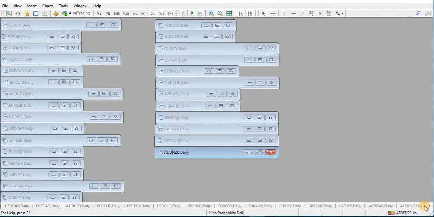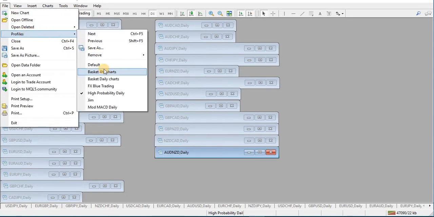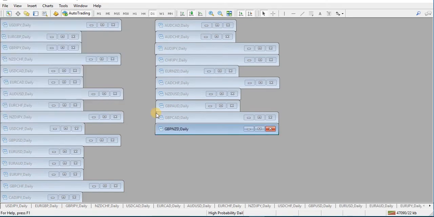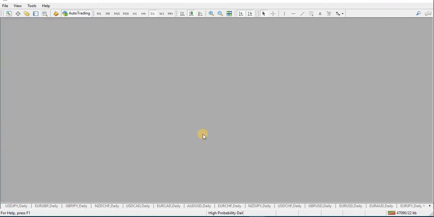So I'll just switch the profile over to the Mod MACD daily charts. And in the meantime, there's a profile Mod MACD daily. There's a mosquito buzzes around me. Oh, I can't wait. So we'll have a quick look at the